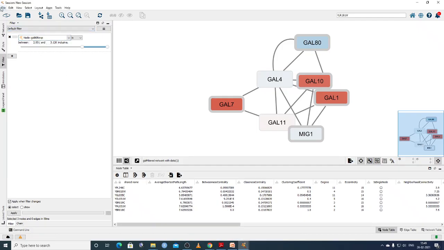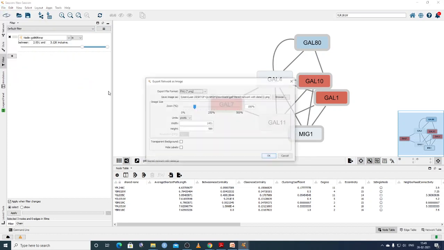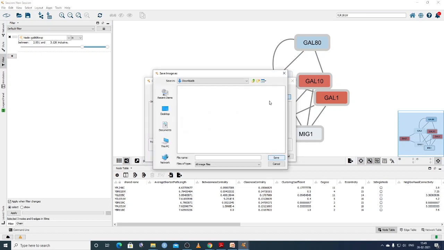Let us try to export again. Export image. Let's browse. Let's name the image Gal80 KO, which means knockout,